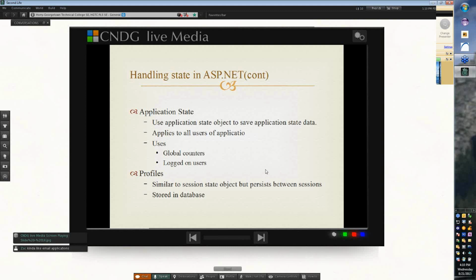All right. You also have an application state. Now, application state only saves application objects, data. All right? And the difference between it and session is that it applies to all users of an application. So if I want to know how many users on the internet were using Facebook at one time,